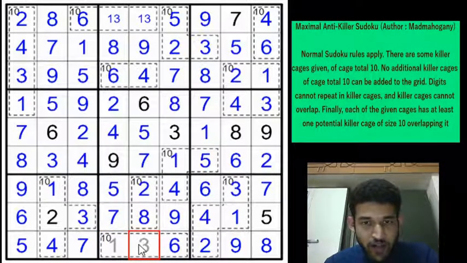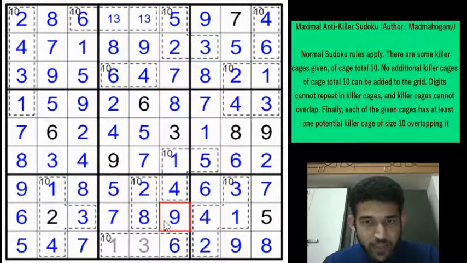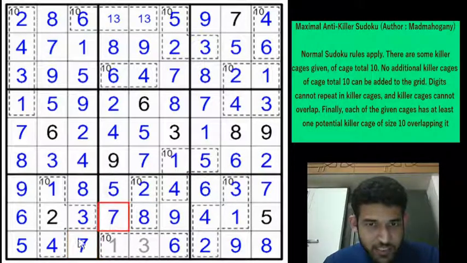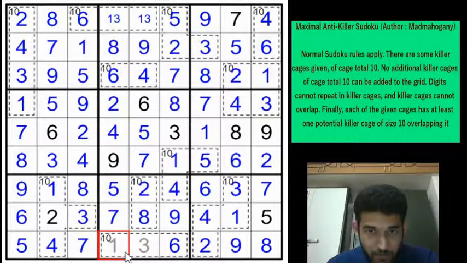So if you have 1 and 3 for instance here, how did this cage sum up to a 10? You can't obviously have a 6 here because 6 plus 2 is 8 and you cannot reach a 10. And there is 8 and 9 nearby the 6, so this cannot help. And 3 plus 1 needs a 6 more, right? There is no 6 in between. And 1 if it goes on alone to make the 10 total, 1 plus 7 is 8 and we need a 2, there is no 2 nearby. And 1 plus 7 if it goes this way, there is no 2 nearby. So if you have a 1 and 3, it is clear that you are not getting the 10 cage which is overlapping with the given killer cage.